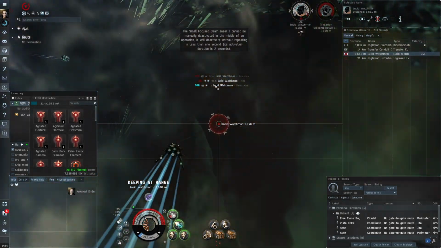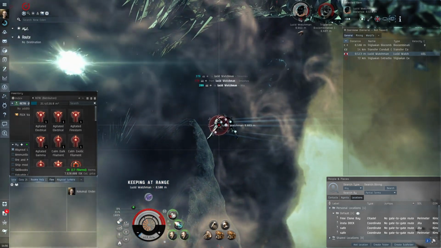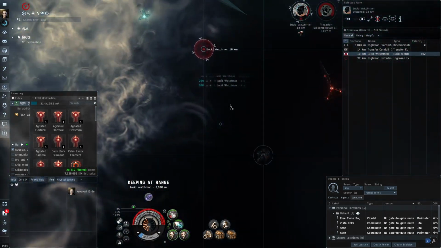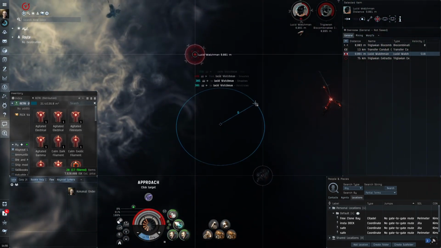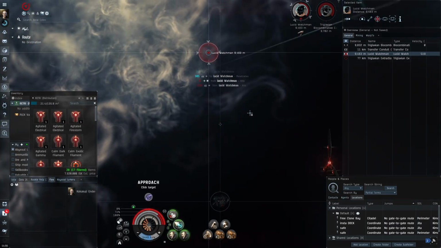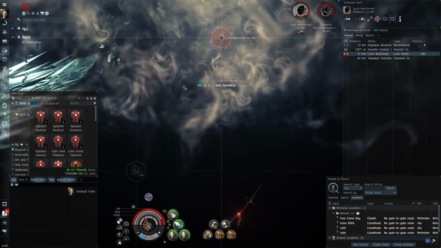Alright, let's go. Smashing shots from Lucid Watchman. Look at that, he's doing so much damage actually. We should probably be moving, but we've got so much tank that we're able to tank him. But we can move a little bit to the side, you know? A little to the side, making it little grazing shots instead of smashing shots. Okay, he's got decent application. We can still do pretty big volleys, even though